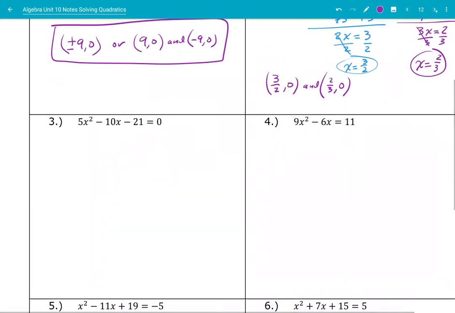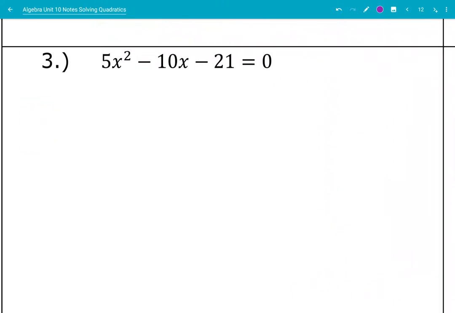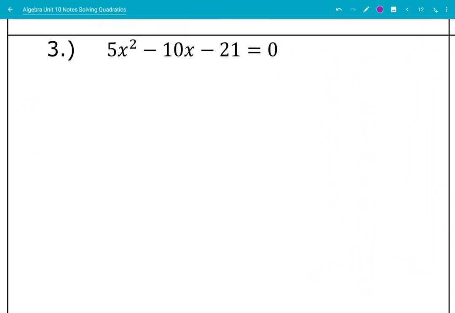So we're going to do x. X equals negative b, and there's b, here's a, and here's c. Now b is already negative, so negative 10 plus or minus the square root of